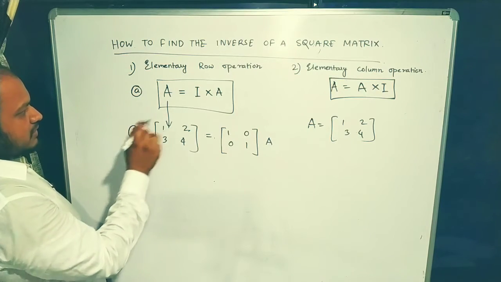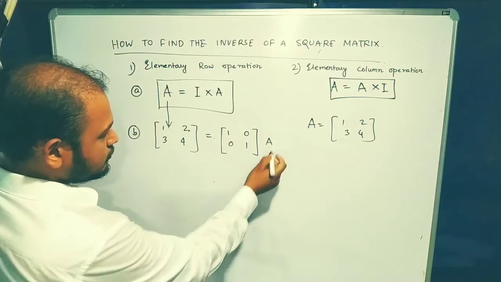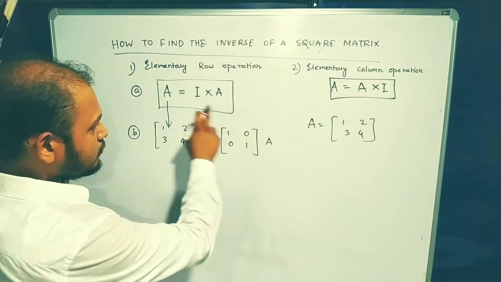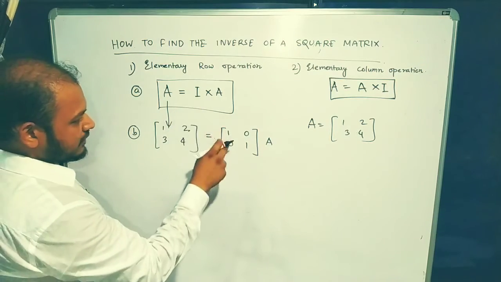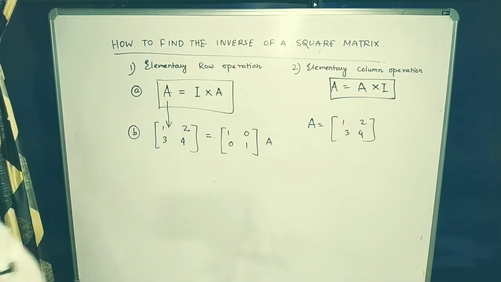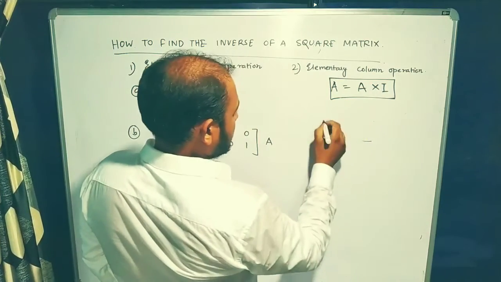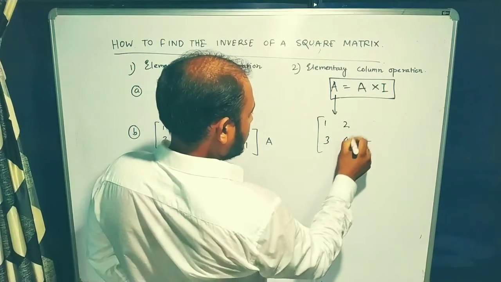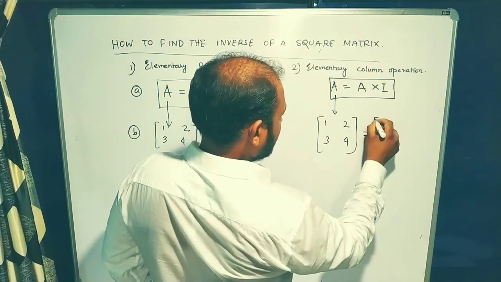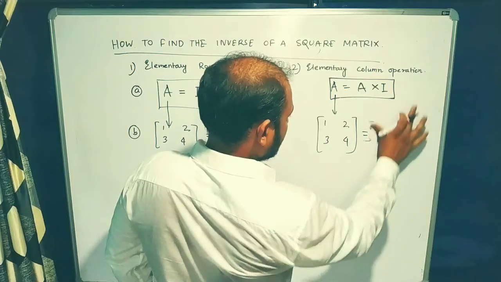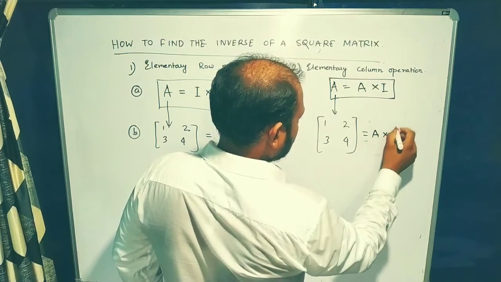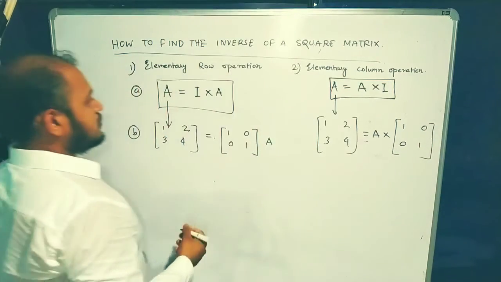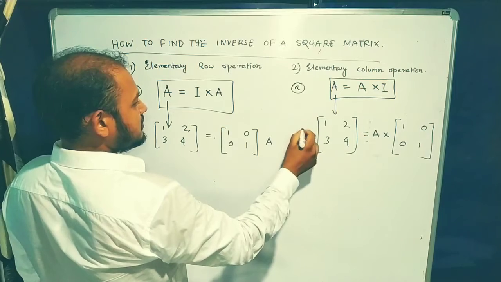This is the second step, that means putting these matrices in their place. You should not change A here. A should remain the same here. You should put the value of A here and the value of identity matrix here as well, okay? In a similar way, for this operation, you put the value of A as it is, 1, 2, 3, 4. The value of A should remain the same here, and you just write the identity matrix in this position. So this is the first step, this is the second step.